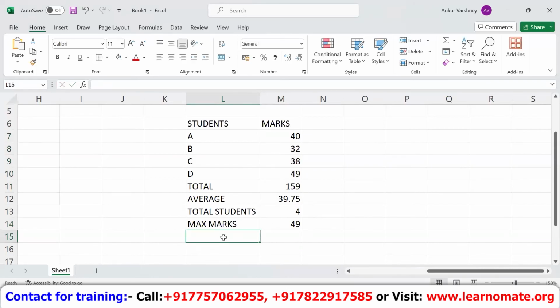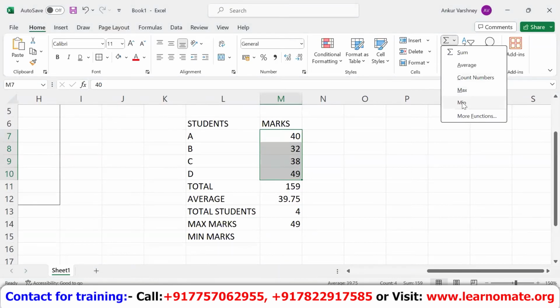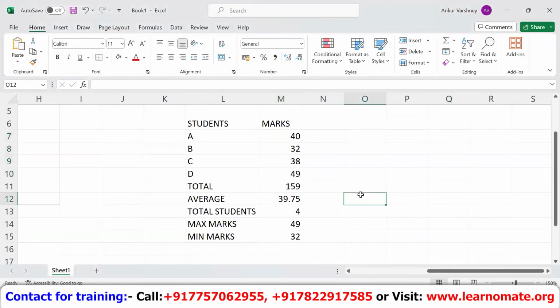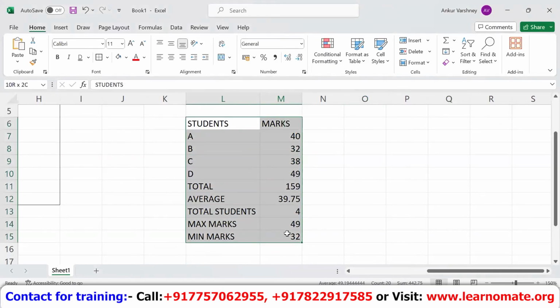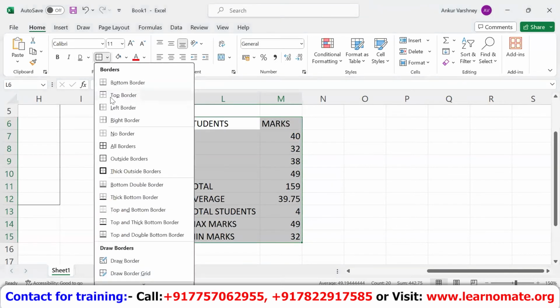And I'm talking about minimum marks also. I just select the 4 numbers, go to the sigma part and select minimum, right? So that is how I got all the information about the students in my class very easily, right? It is easy.